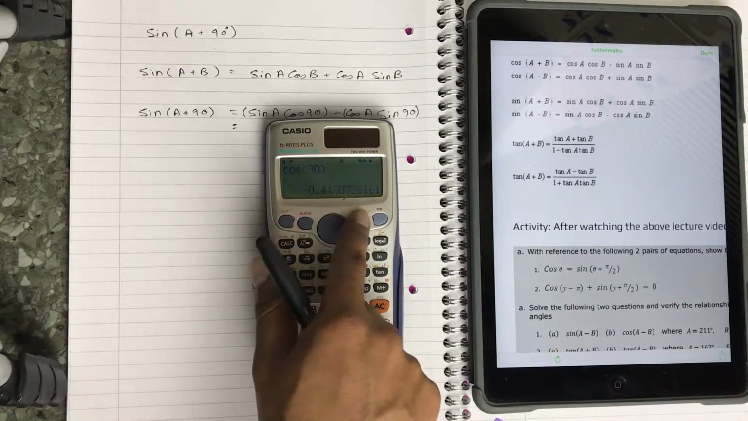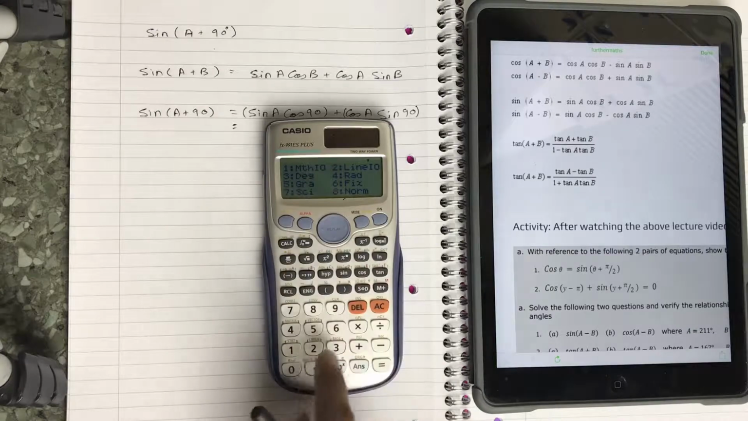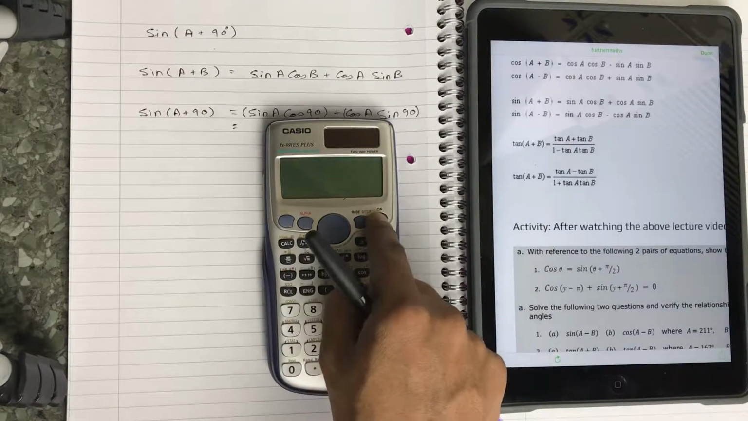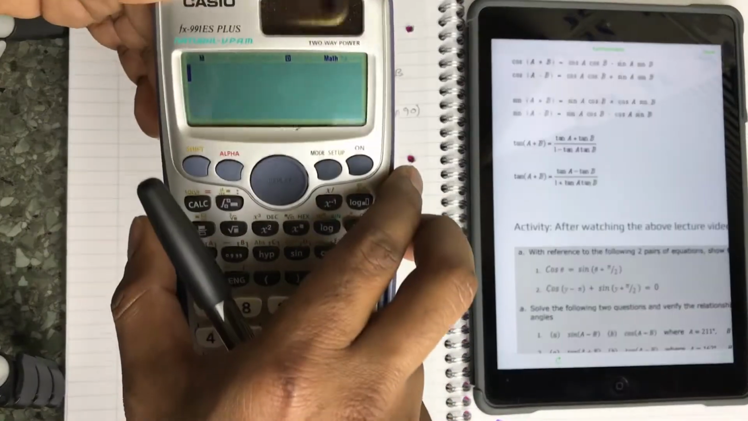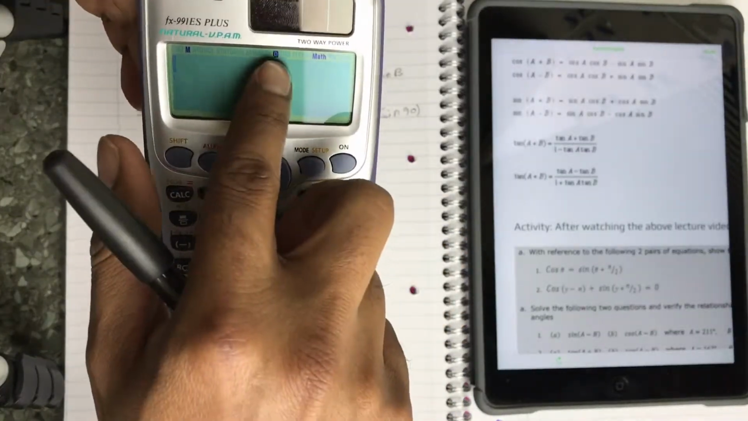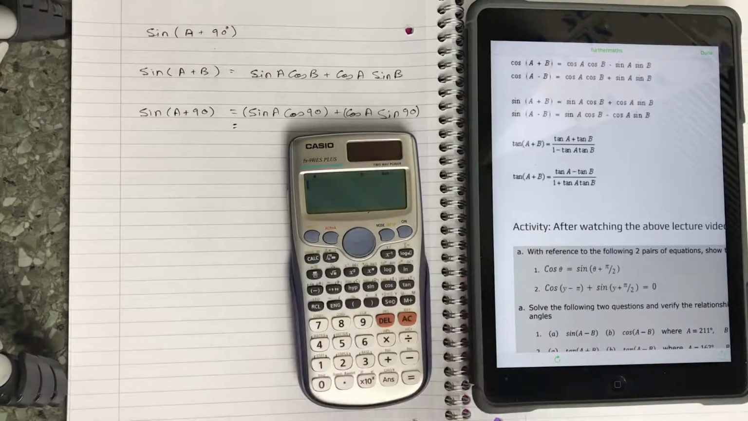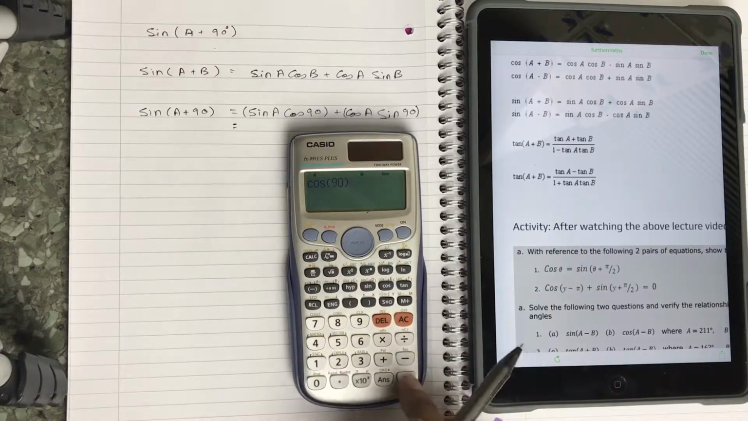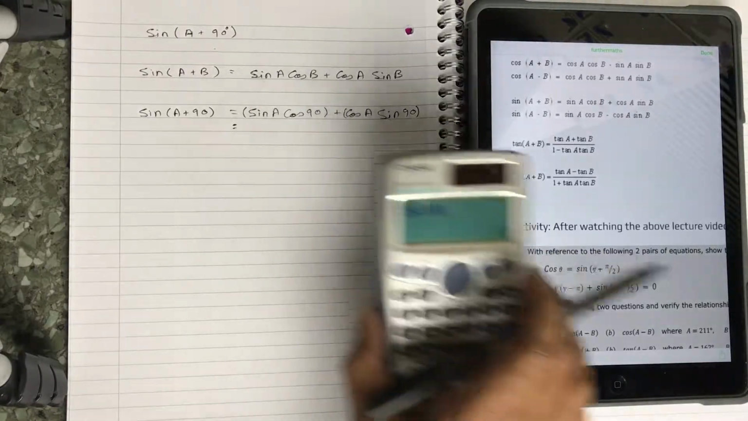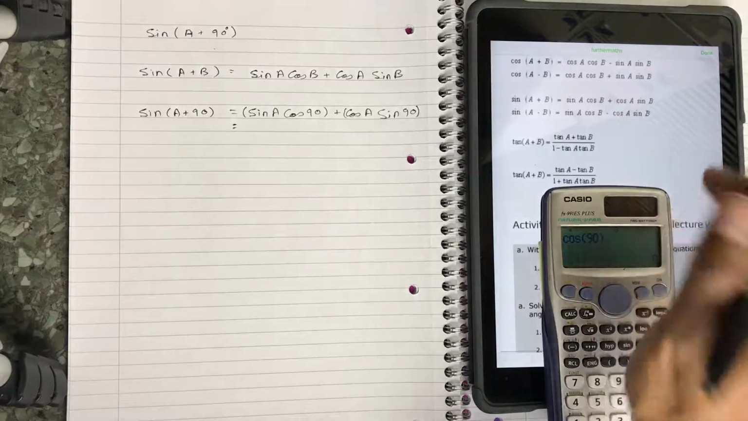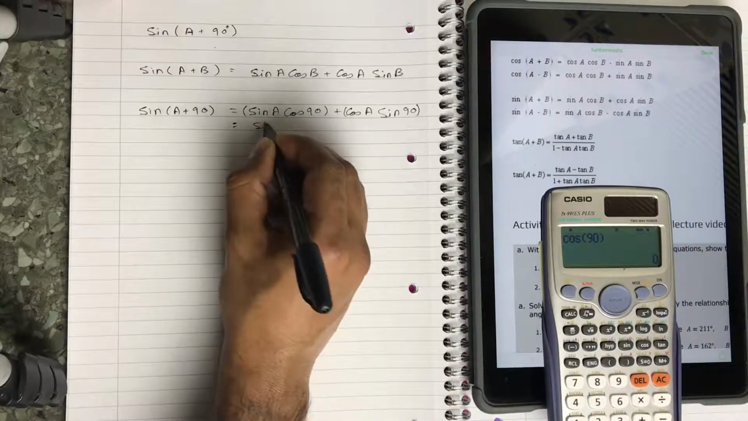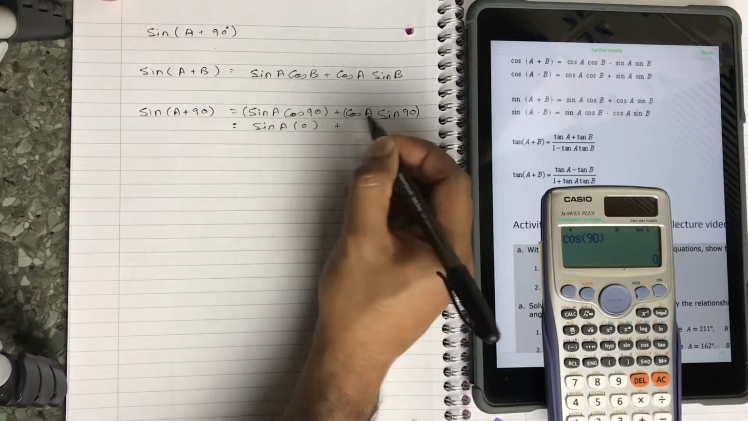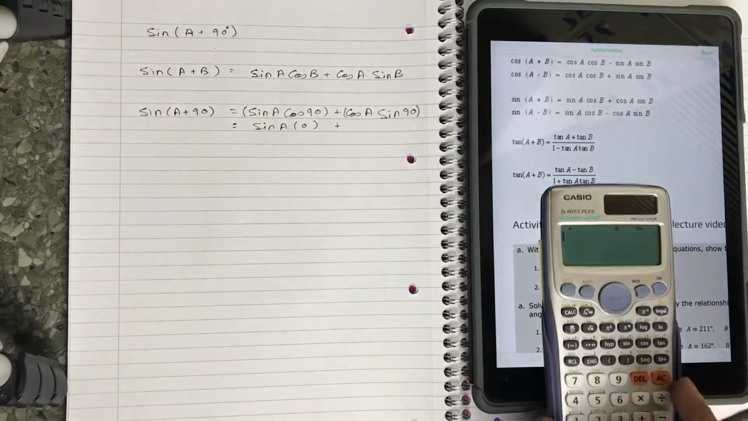So go shift, setup, 4 is for radians, 3 is for degrees. So that's 3. And again, now it is in the degree mode, if you can see that D over there. And now I'm going to calculate cos 90, close bracket, will be equal to 0. Keep this aside. So that's going to be sine of a times 0 plus sine of 90,